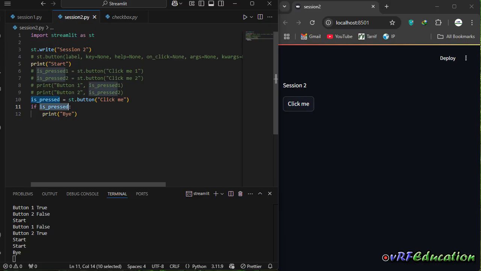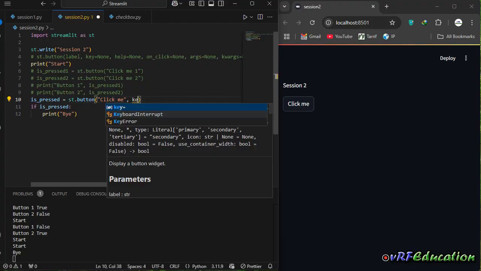Another thing, you need to provide a unique name for your buttons. If you have just one button on the form or buttons with different labels, it's not a problem, because if you don't provide a key, the label is set as the key for that widget. But it's recommended to provide a key most of the time, because we may mistakenly add 2 widgets with the same name. Okay, so be careful about the key, and you can just provide something like this: key equal to